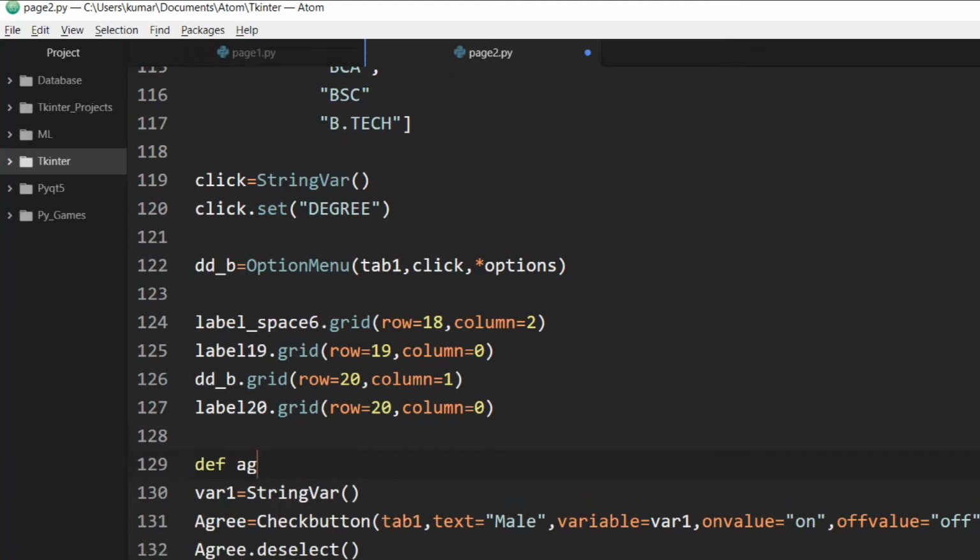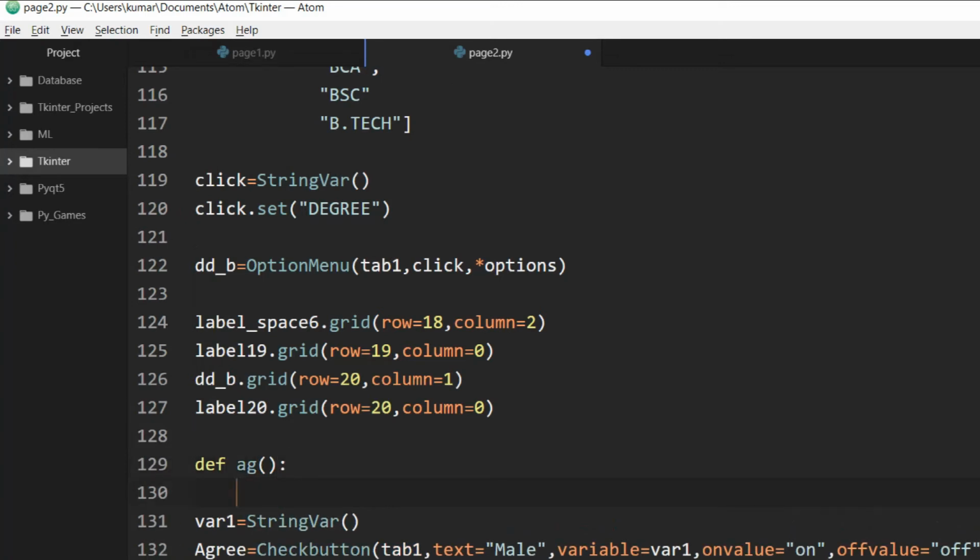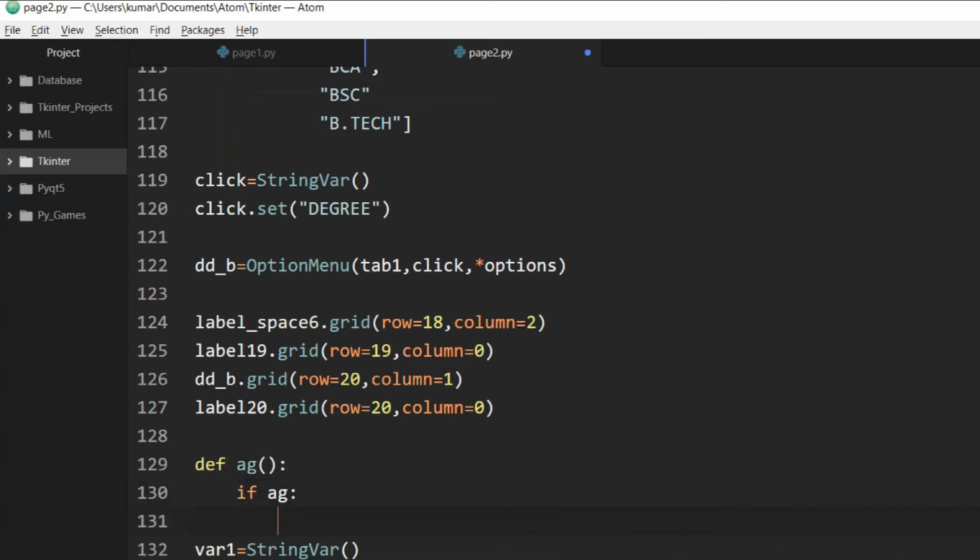Def ag, and we'll say if ag, then create a button equals button, place it in tab 1